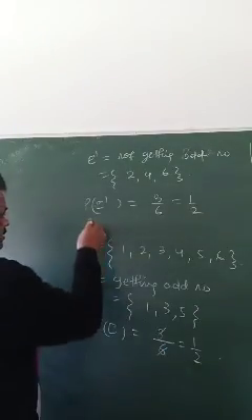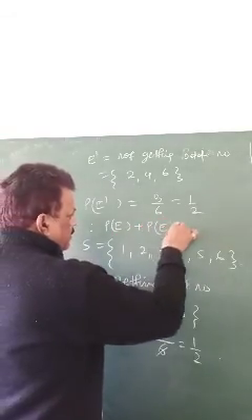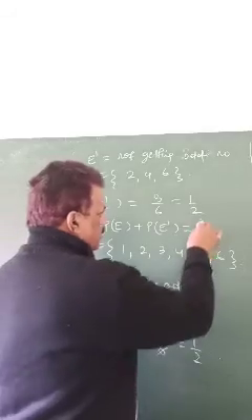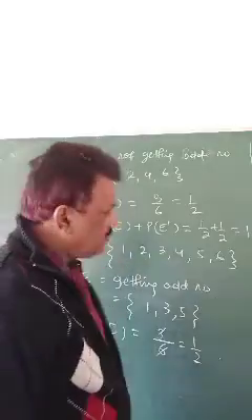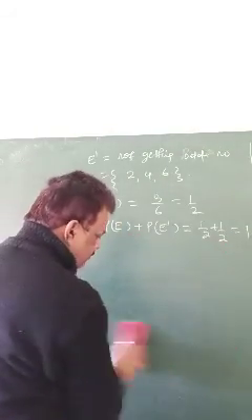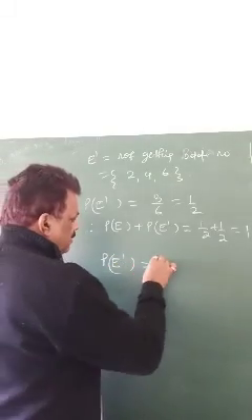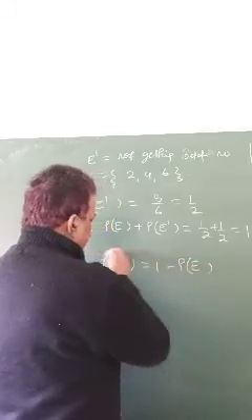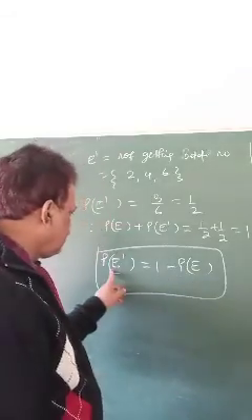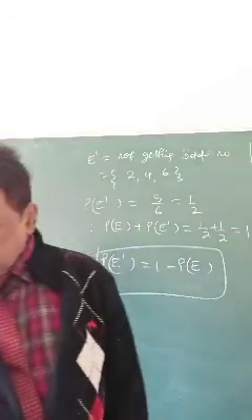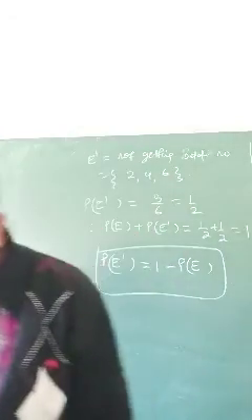So you remember, what is the probability of E plus the probability of E complement? If you add these two, how much do you get? Half plus half. Half plus half is 1. So you got a formula here. Probability of E complement means 1 minus probability of E. Means if you know the probability of E, you can find out the E complement. Okay, these are all your backgrounds. Now let's start a few questions from here.